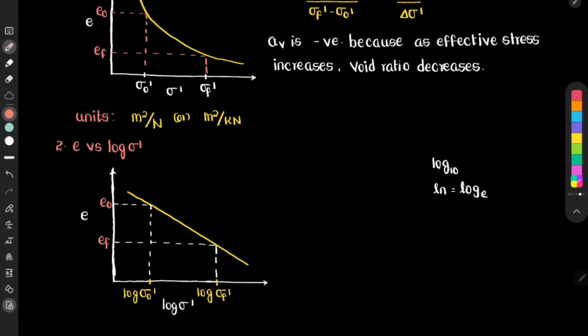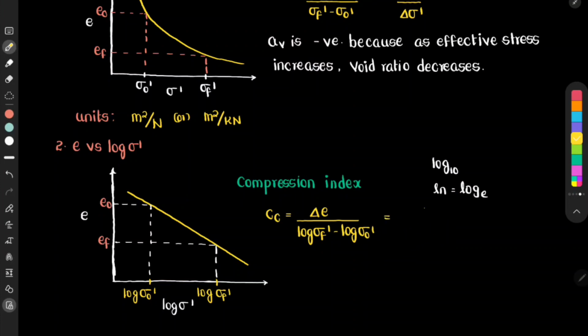So when we draw this graph, we get a straight line, and the slope of this straight line is called the compression index. The compression index Cc is equal to delta e by log sigma f dash minus log sigma naught dash,